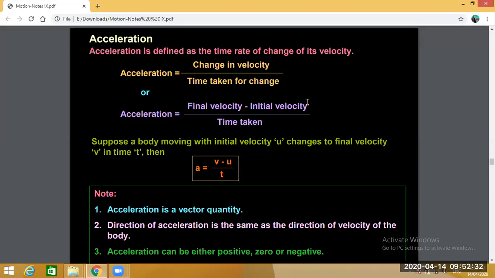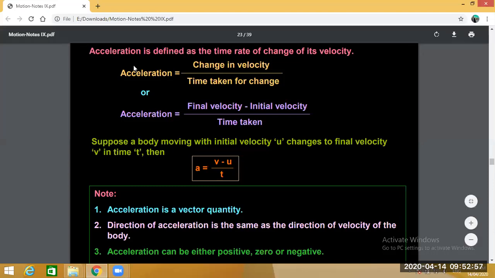Today, in the last class, we have discussed velocity and speed, all about velocity and speed. Today, we will discuss another physical quantity that deals with the motion of the moving body. So, let us go through the new